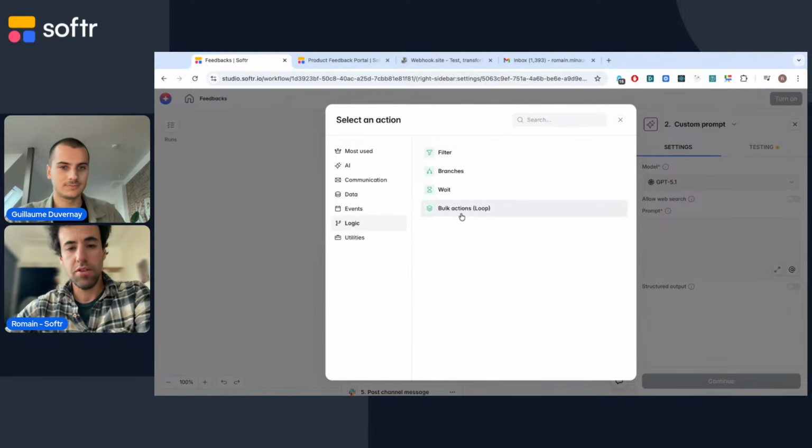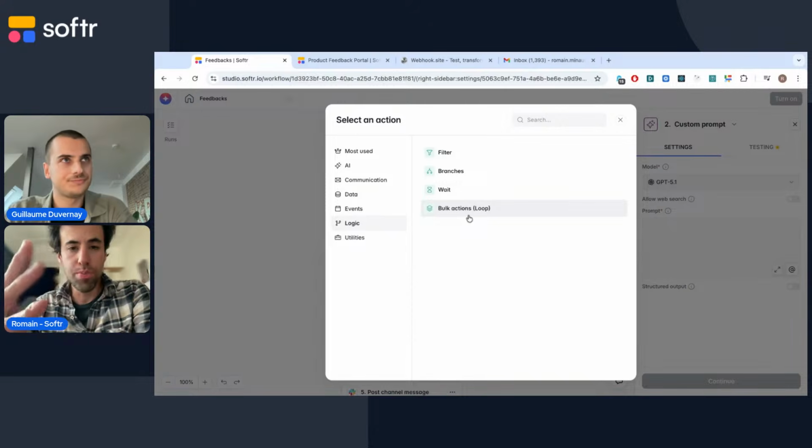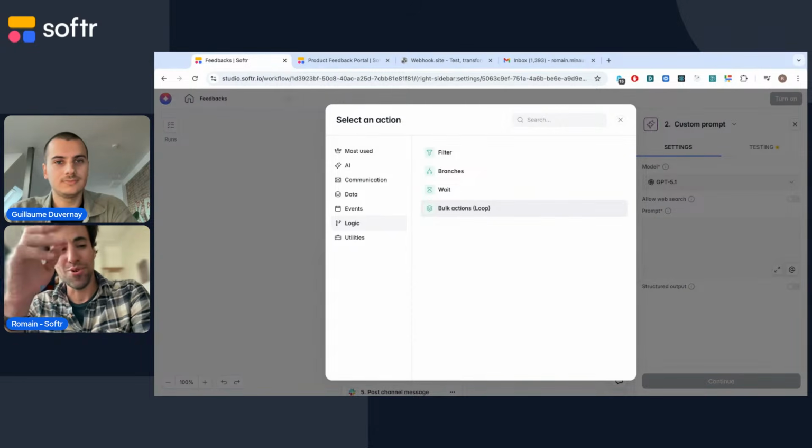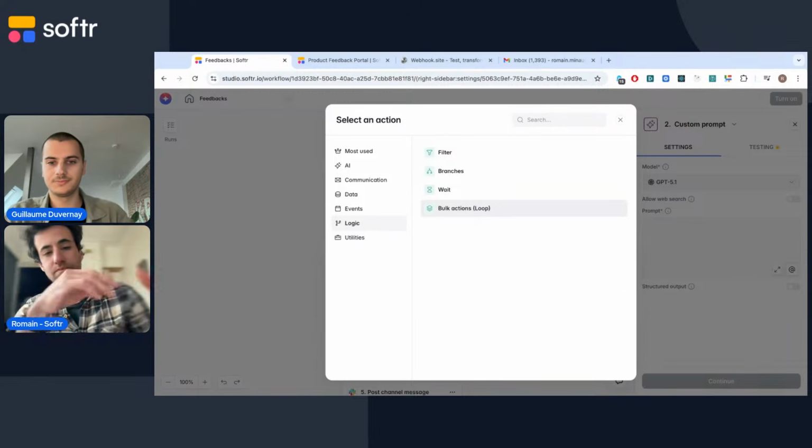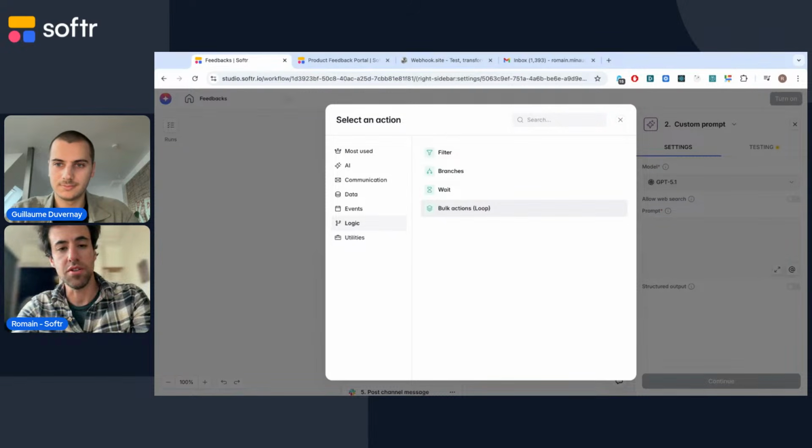And finally, the bulk actions or loop. So we saw in the example a JSON that contains several items, so an array of items, for instance. In those cases, if you want to do an action for each of those items, you will need to loop across the items.